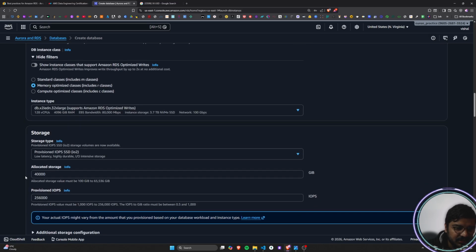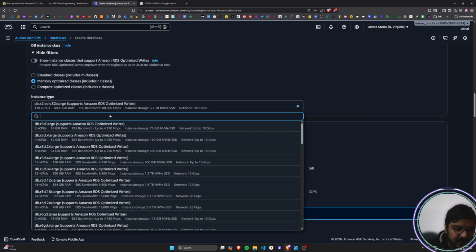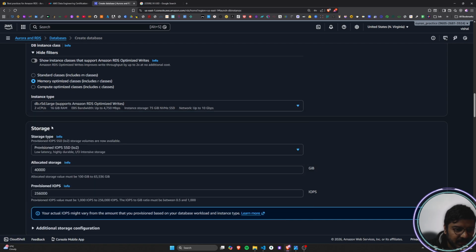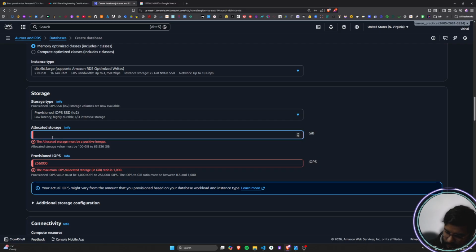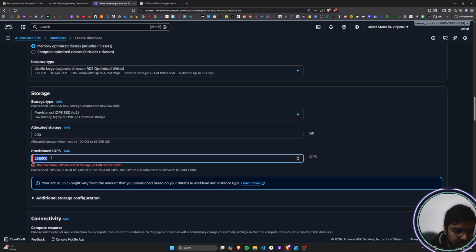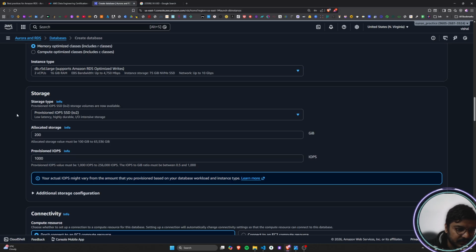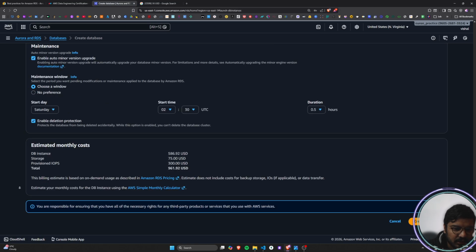But obviously, why launch this kind of unnecessary thing? So I will go ahead with the smallest instance, that is db.r5.large. I can keep storage at a bare minimum of, let's suppose, 200, and here I can give the IOPS as 1000. Now just look at it, my bill has come down to 961 USD,